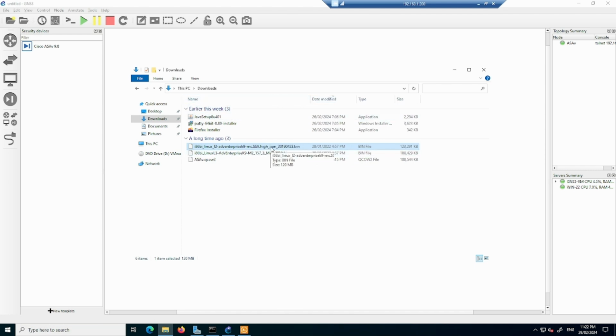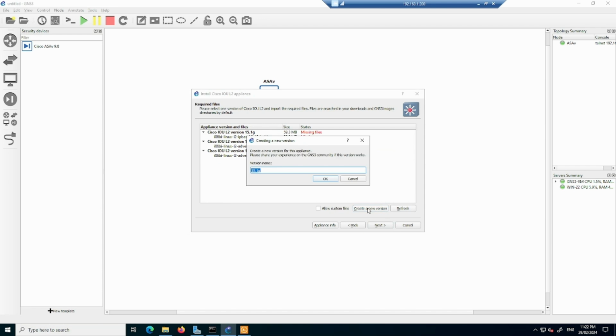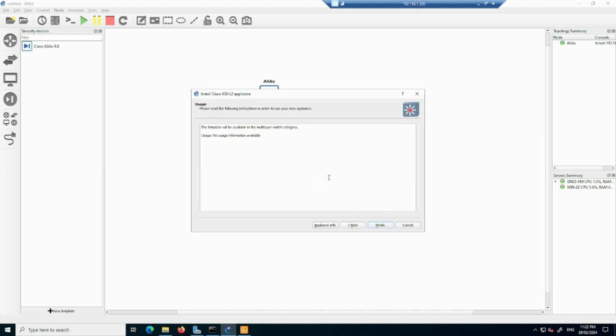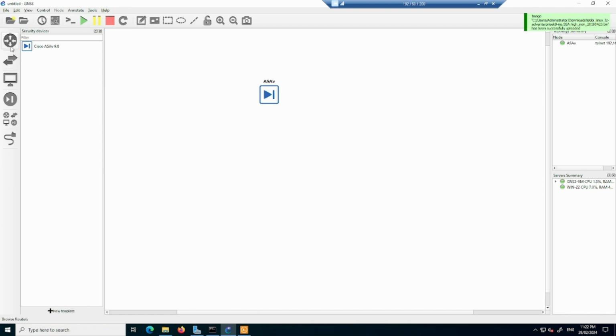So what I will do is right click on that one, rename it. I will copy all of it, go back to my GNS3, create a new version, that should be 15 version. Click on OK. I will paste that name over here, click on OK. And now it should also find that locally because that is inside my download folder. So click on next and yes, and finish. Now if I go back to the routers, I do have IOU L2 router,